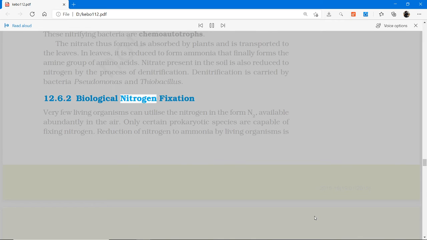12.6.2 Biological nitrogen fixation. Very few living organisms can utilize the nitrogen in the form N2, available abundantly in the air. Only certain prokaryotic species are capable of fixing nitrogen. Reduction of nitrogen to ammonia by living organisms is